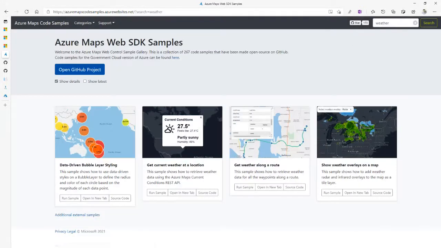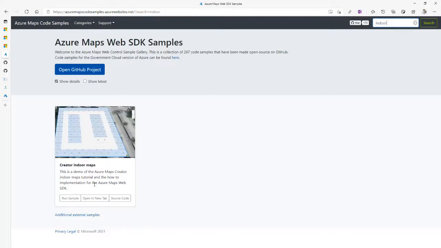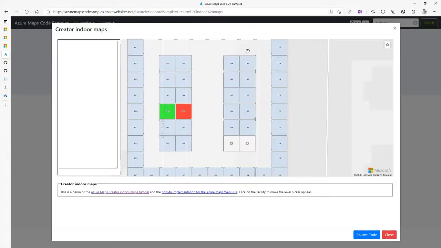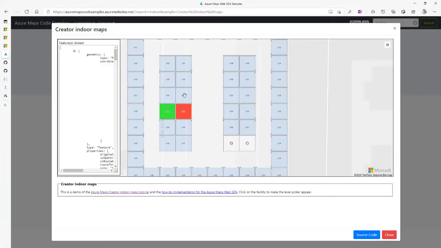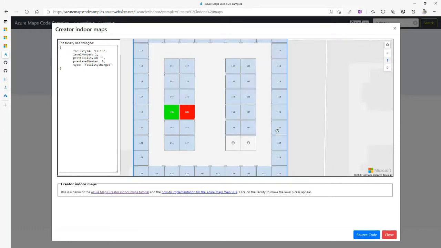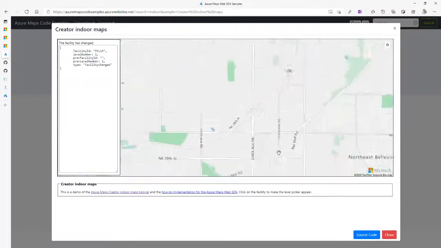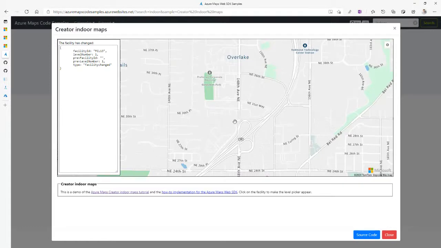We have other features, like for example, something that I would like to highlight is the Indoor Maps. This will give you the ability to create a map of your own building. So you can see this one, for example, and you can have different functionality. Basically, this is the JSON file that you get. And you have all the map functionality, but if you scroll, you will get that view of your private